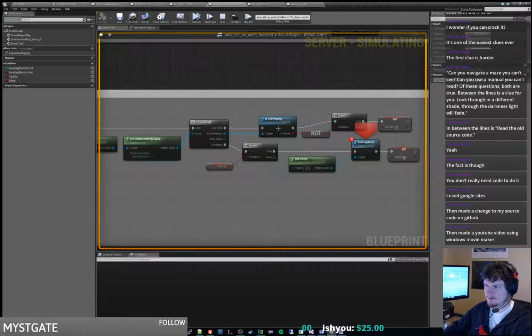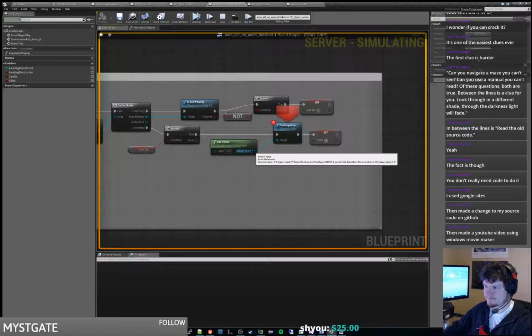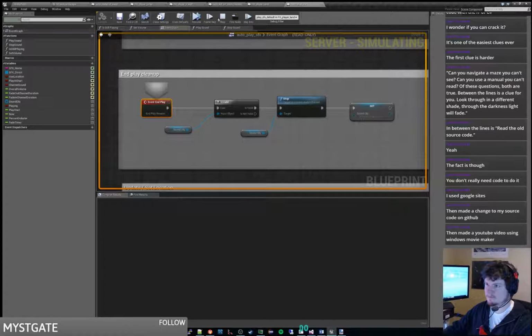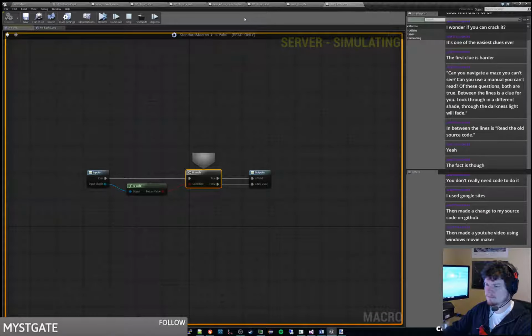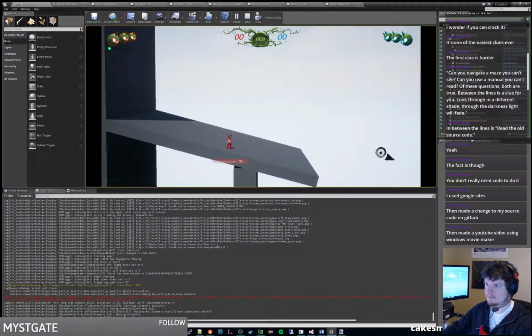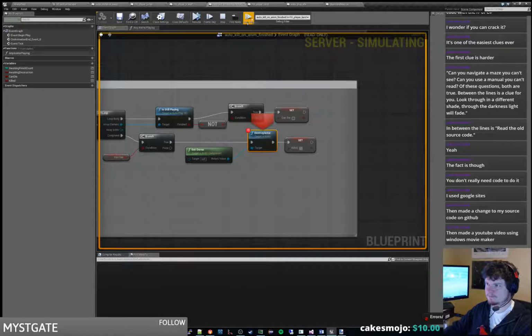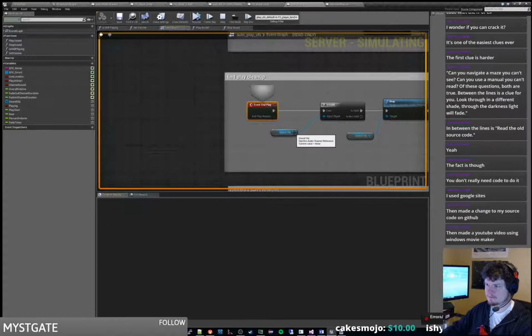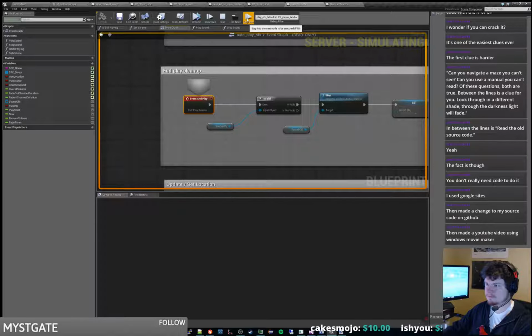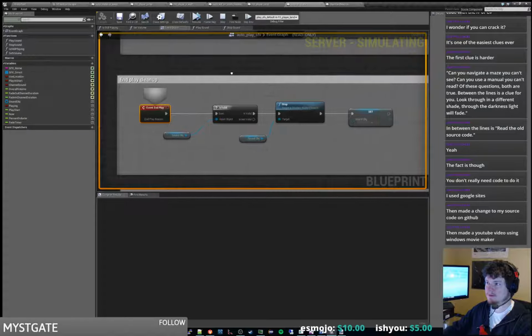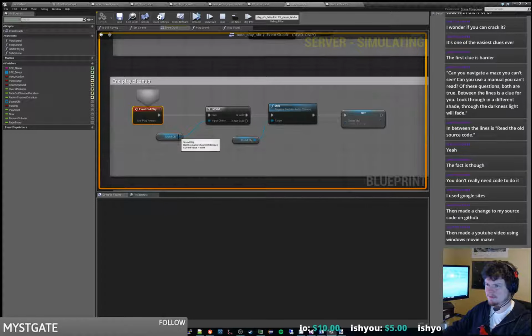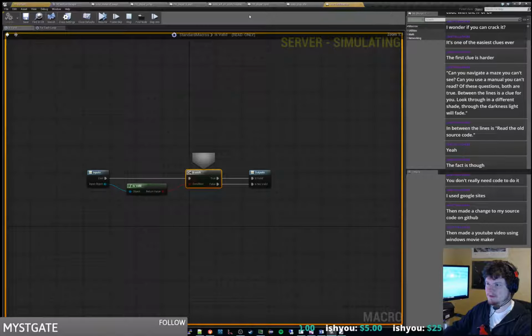So we're destroying our actor. Alright, so we're inside of autoplay SFX. So if the sound object is valid is